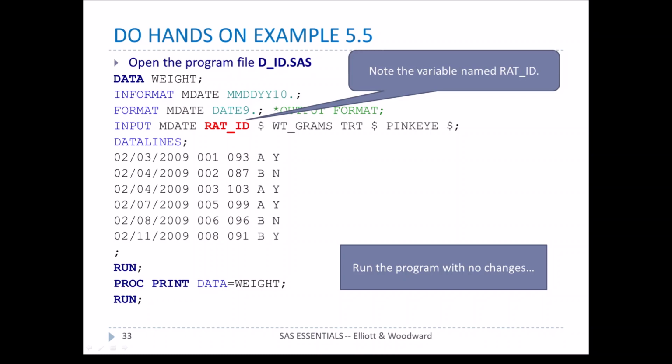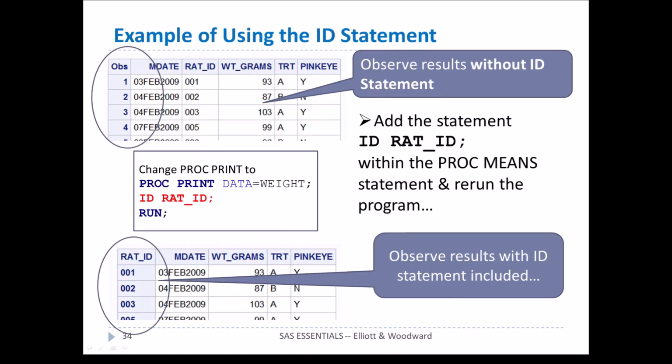And notice that we're reading in a data set that has something called rat ID in it. So this is the ID number we've assigned for the various rats, 1, 2, 3, 4, 6, and 8. And at the beginning, so far, we're just doing a PROC PRINT. So this is just a normal PROC PRINT that we're doing on this data. And we notice it appears here at the top. We see that the OBS column in the far left, OBS 1, 2, 3, 4, that's the normal PROC PRINT